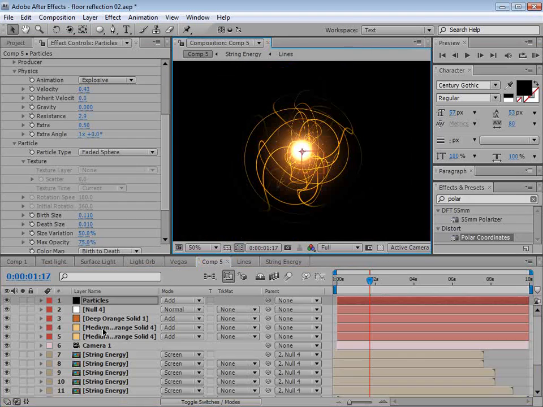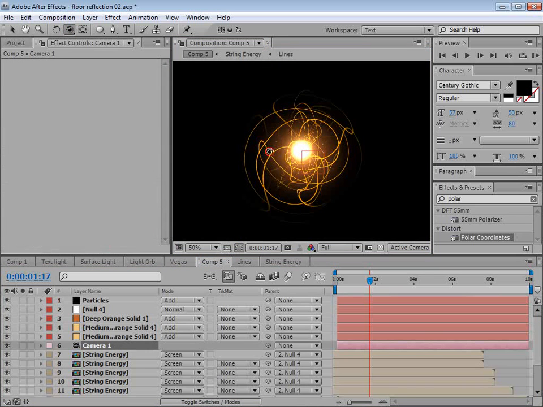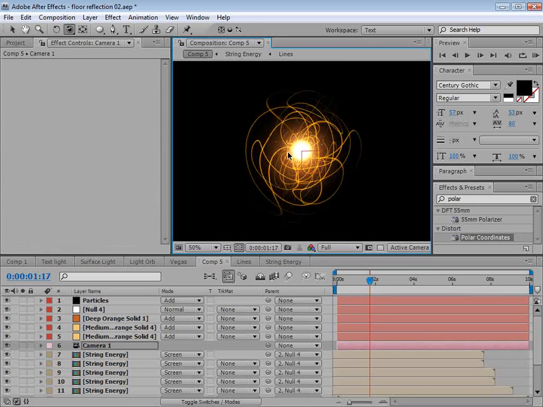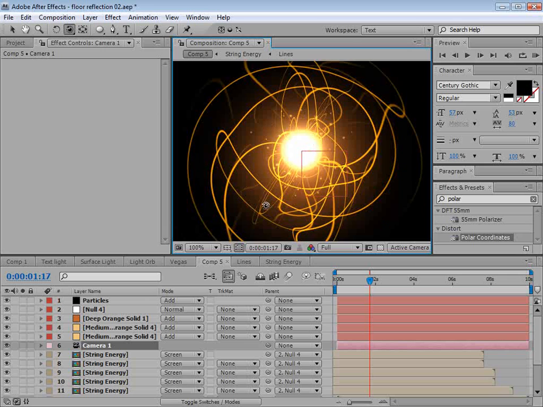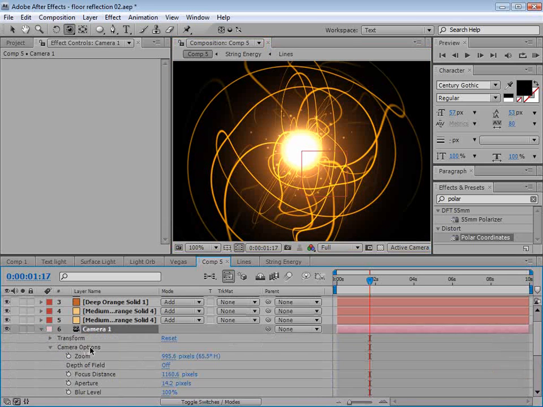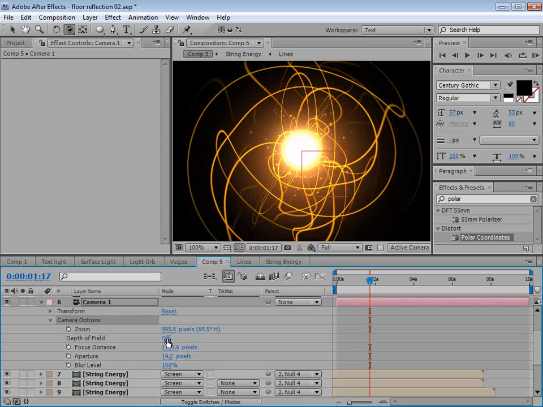So this looks pretty good. We also have a camera, and we can fly around and see what's going on. Now, we also want to turn on the depth of field for the camera. So if we go down to the controls for the camera, we can turn the depth of field on. And then if we turn the aperture up to say 50, and then the blur amount up even higher,